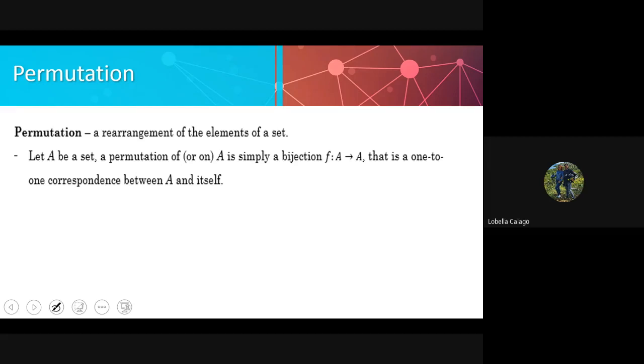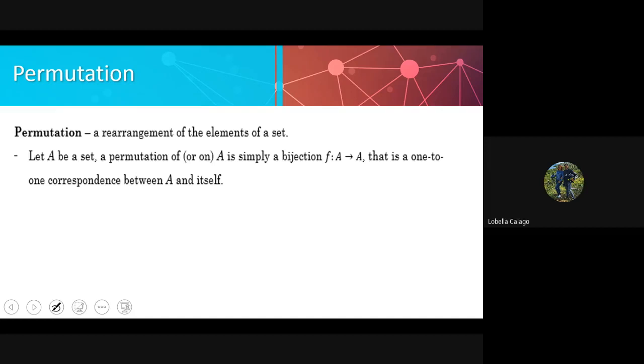Okay now, no? So, going back to the definition. Permutation is a rearrangement of the elements of a set. So, yun po yung parang arrangement, meron siyang arrangement, tapos i-rearrange lang po natin yung kanyang elements sa isang set. Okay, that is a permutation. Let A be a set. So, a permutation of, or a permutation on A, is simply a bijection. So, we all know yung bijection sa ating functions,